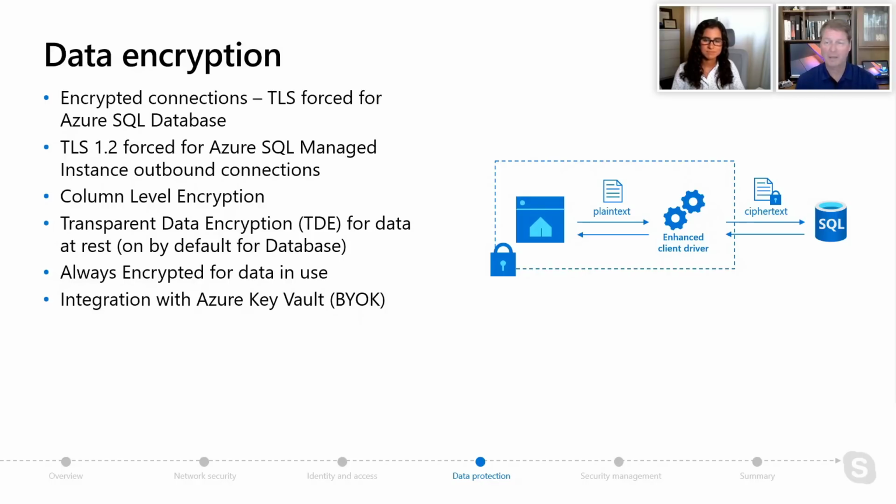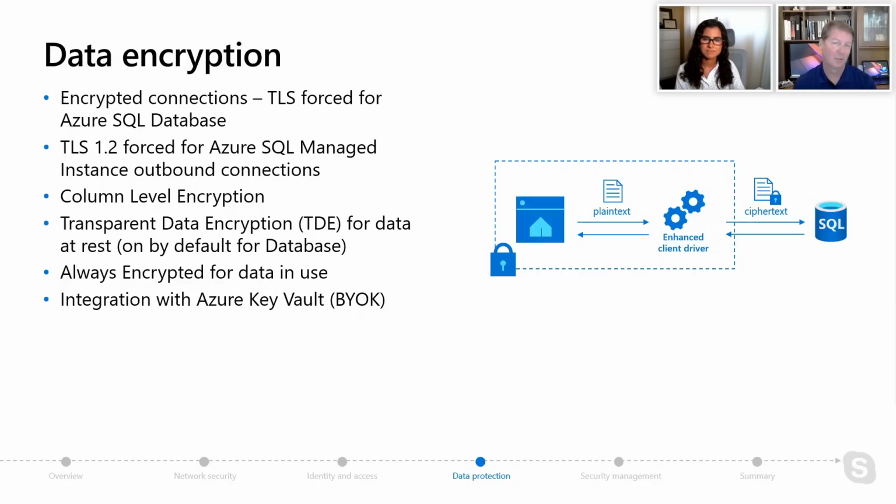Note this about encrypted connections: we force this both for Azure SQL Database and managed instance, and we're using TLS. So even if you don't select an encrypted connection on your client app through SSMS or something, we force this. We recommend you do it though, because it avoids a negotiation and is going to be a faster connection. In addition, and this is fairly recent, this spring, we've offered an option to specify the minimum version of TLS you'd like to use.